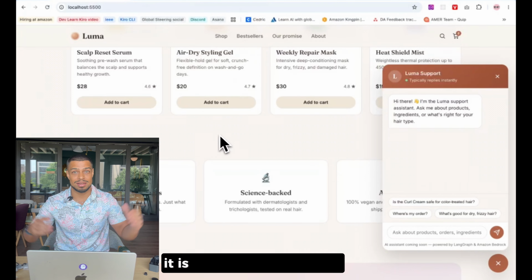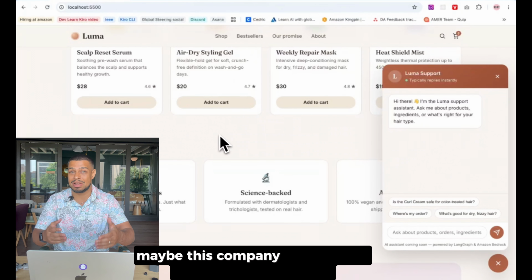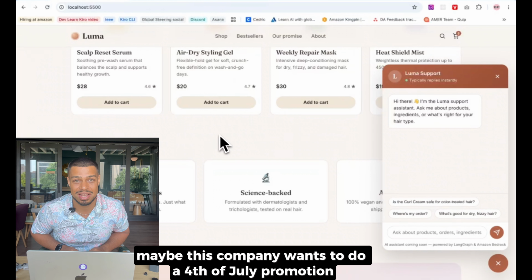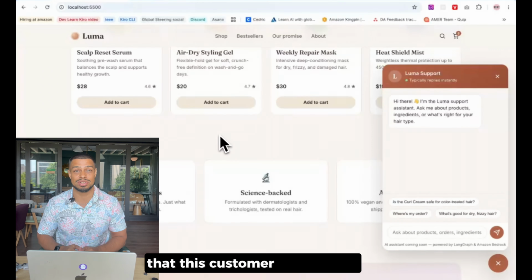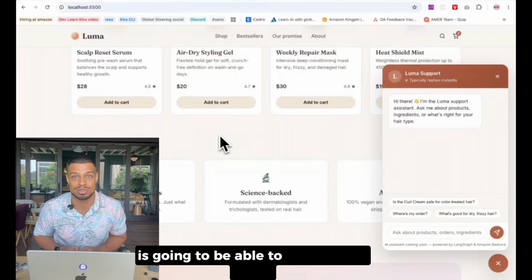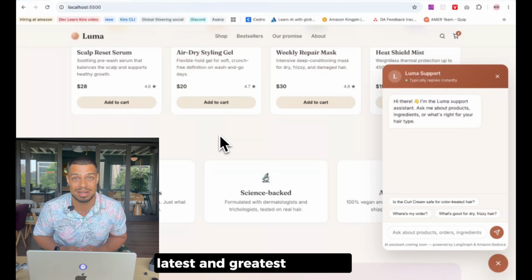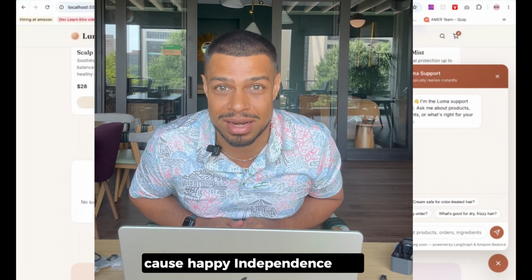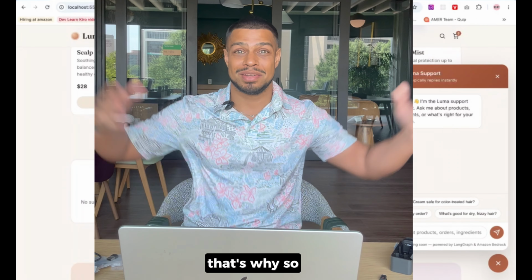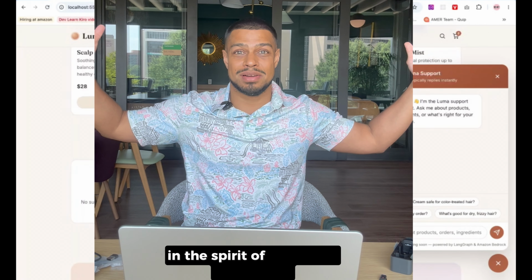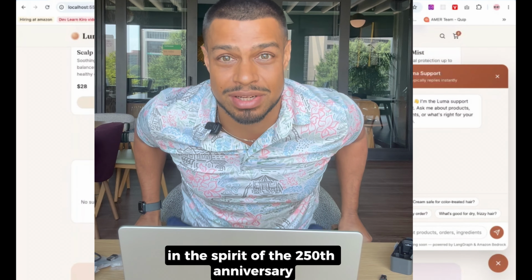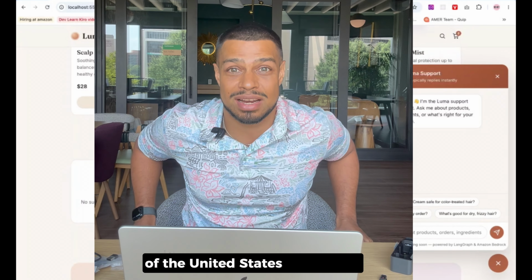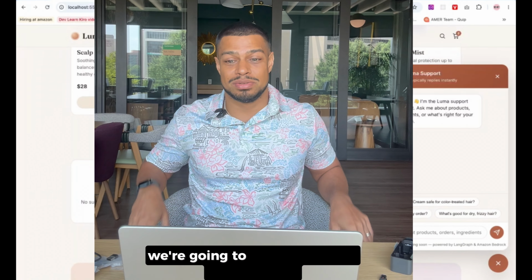However, it is 4th of July coming up, and maybe this company wants to do a 4th of July promotion, and it wants to make sure that this customer support bot is going to be able to know about these latest and greatest discounts, because happy Independence Day, that's why. So in the spirit of the 250th anniversary of the United States of America, we're going to make sure that